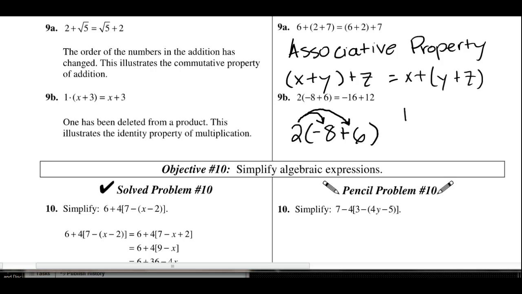So this is what's called the distributive property. And we have this kind of property whenever we have multiplication interacting with an addition or subtraction problem inside the parentheses. So the way you would do something like this in general is you would do,